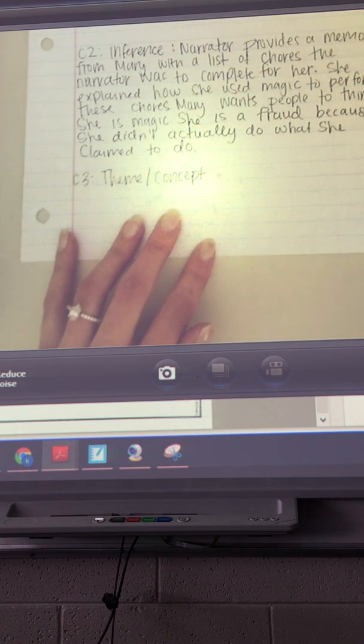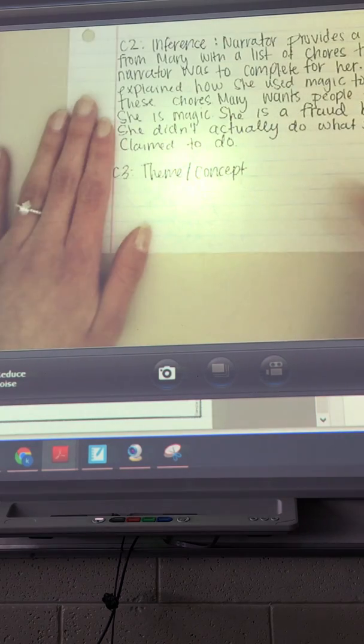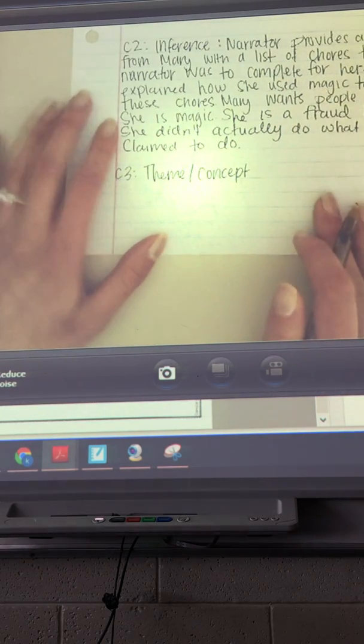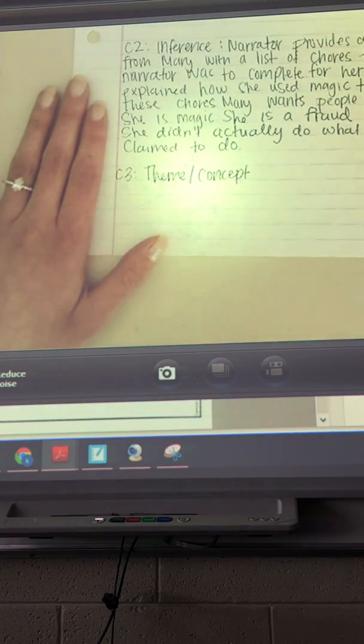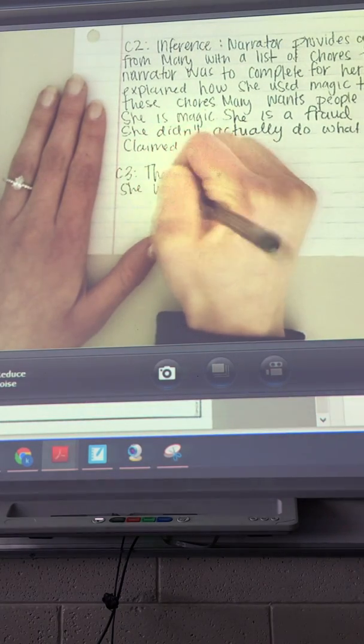She was so mean, and I feel so bad for that last fairy. I swear, as I was going away, I saw a tear in her eye, right? So I think that the narrator shared this memo, and I think that we can agree, because she wanted to expose Mary, right? She wanted,